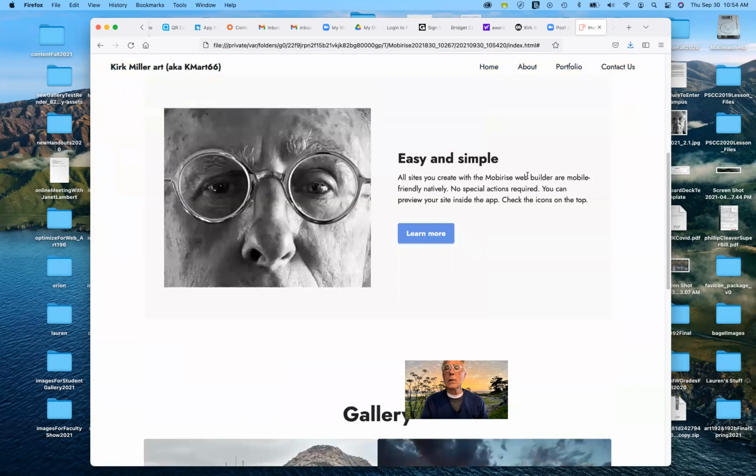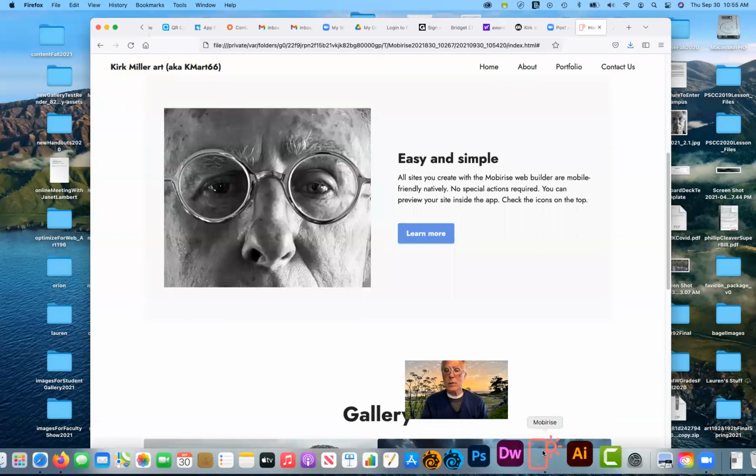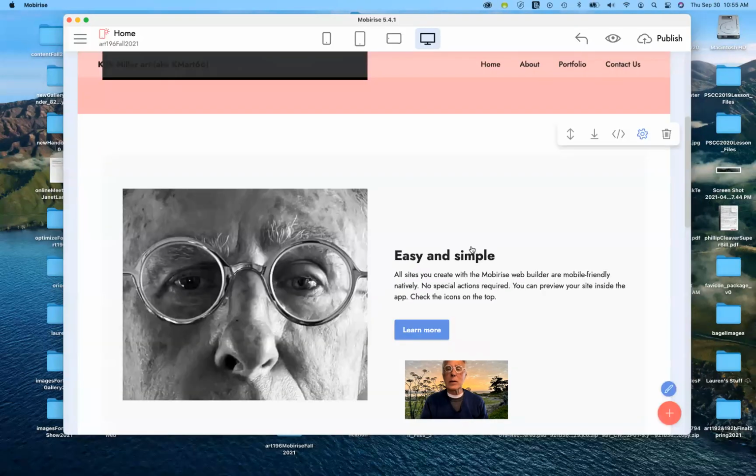I'm set to go. Now, if I'm content with this, fine. If not, we need to go back to Mobirise and we need to edit it. But when you're ready and you're happy with everything, then you're ready to publish it. Okay, so if I publish this,